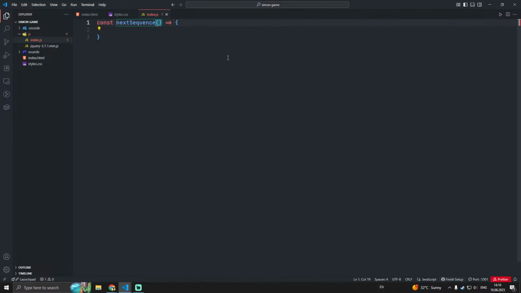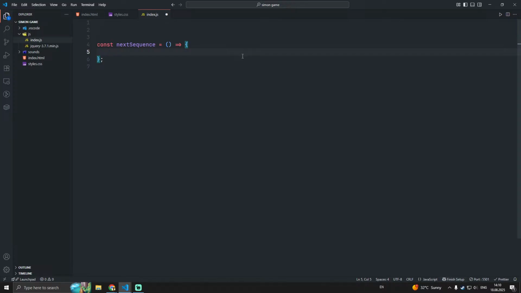Well, already made a minor mistake. Okay, so this next sequence will have a callback function, and the main things we'll be having in these curly, or how do we call these, brackets. So inside in here we will be generating